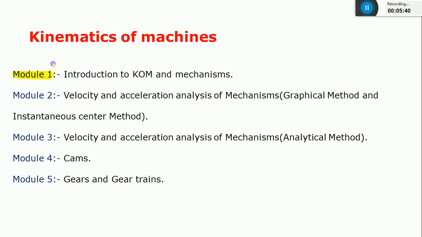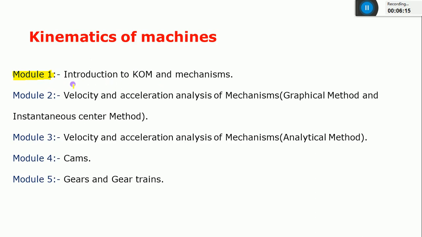So these are the 5 modules of your syllabus. If you want, in between you can take a snapshot, otherwise it is better to write down a short note. Please maintain a rough notebook, wherever required you can take the headings, even though I'll give the neat notes. I've already written the notes; I'll share them in PDF format, as well as the PPTs. For better involvement, please note down only the heading points wherever required.